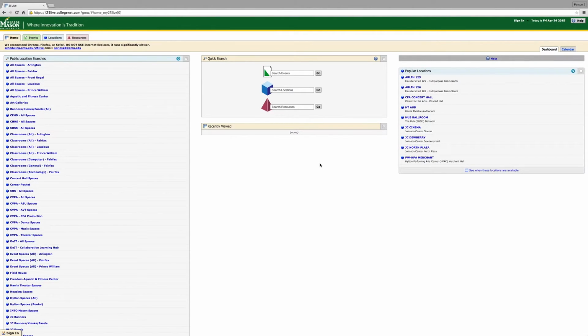Today I'll be going over how to properly put in a request for space on campus. First, I would like to remind you that no student can edit their own event. After you have put in a request, if you have any changes or need to cancel an event, you must email Heather Crandall. Again, if you need to cancel your event, you must email Heather Crandall with your event reference